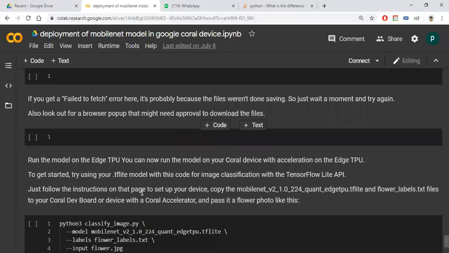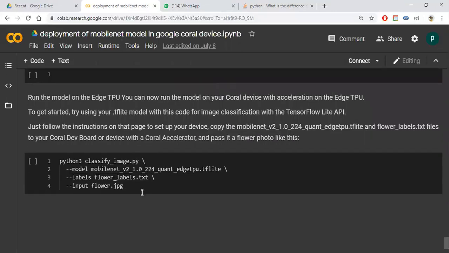Then you can write like that: classify_image.py, with the model, which can be any name, and the labels. If you want to give input, write it like that and give the image you want. This is the procedure. After that you can see the output.